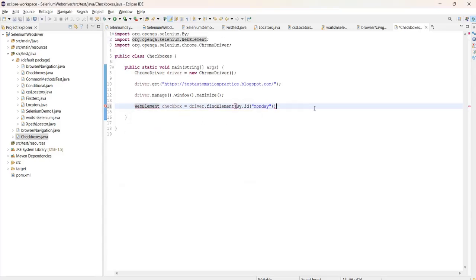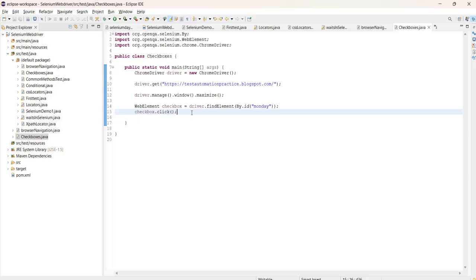Let's remove this click. Now let's perform checkbox dot click. First we are just selecting this. We just stored that element in a WebElement, and now we are performing click separately. So now we have just selected the